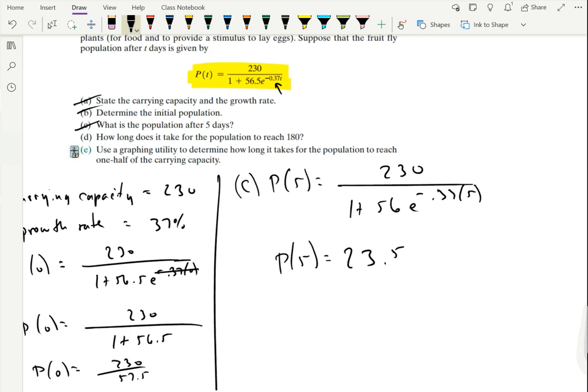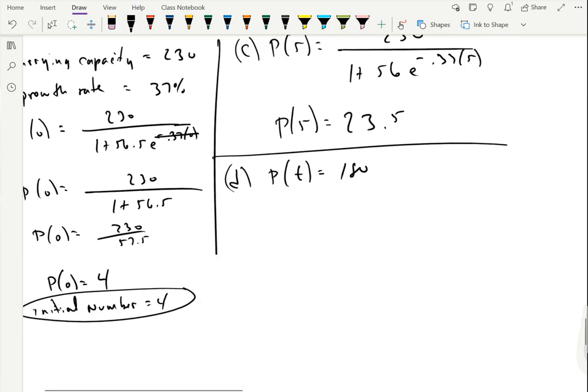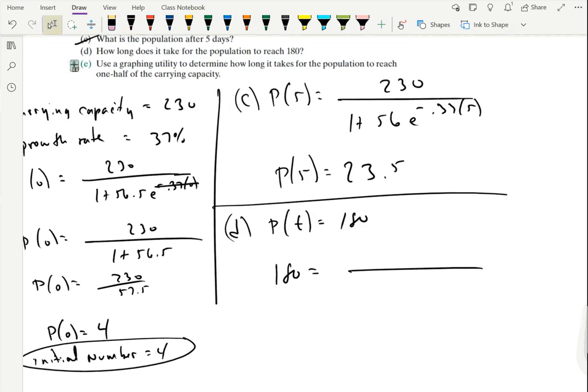Letter D, how long will it take the population to reach 180? Okay, so we want our population. At what time is it 180? Okay, so what we'll do is we'll set 180 equal to this other function, so equals 230,